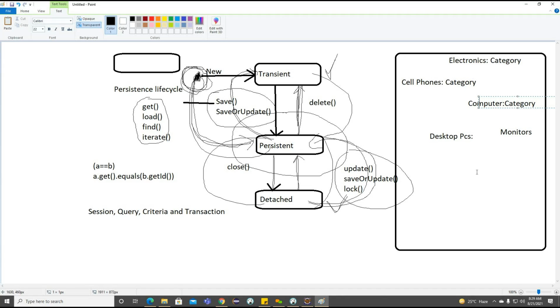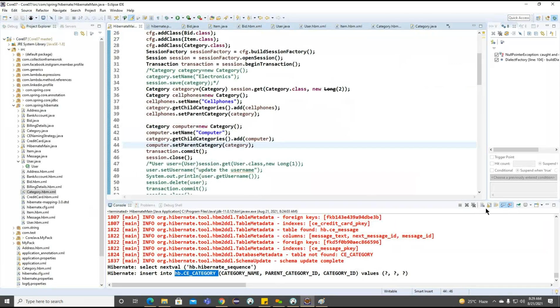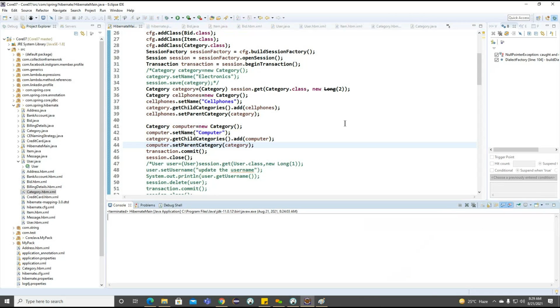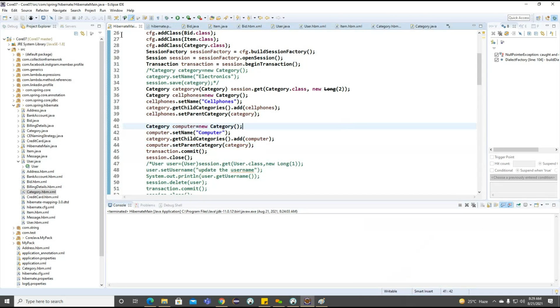This is based on the category only. If you go to any e-commerce website, you can see some drop-down values here. Those drop-down values are considered as categories.